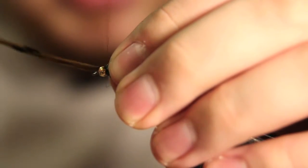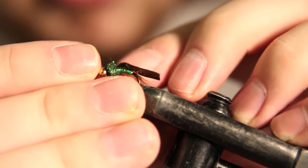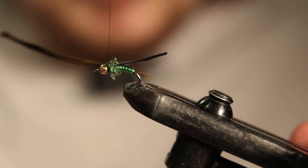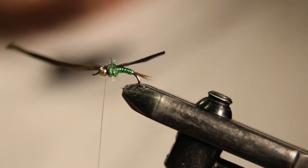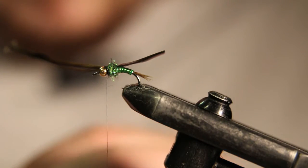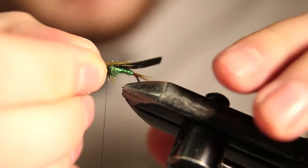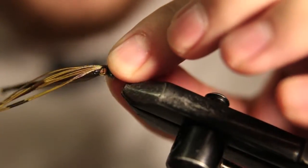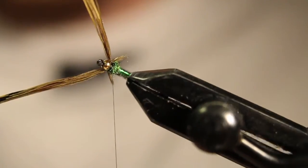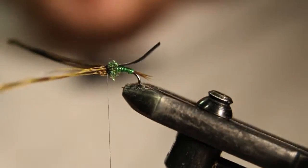So I'm just going to tie in one at a time. Take a couple nice loose wraps. Get it where you want it, then just put one nice tight one there to hold it in place. And this is all personal preference too, as far as the length of these go. Before I used to like them really short, but lately I've been tying them a little bit longer, you can see there. I would say that they're about